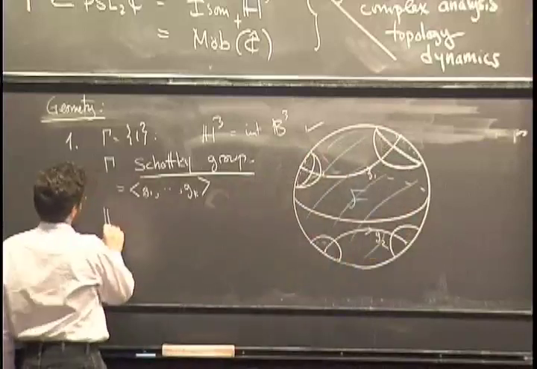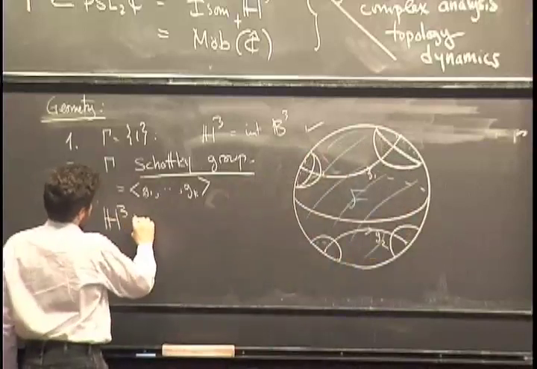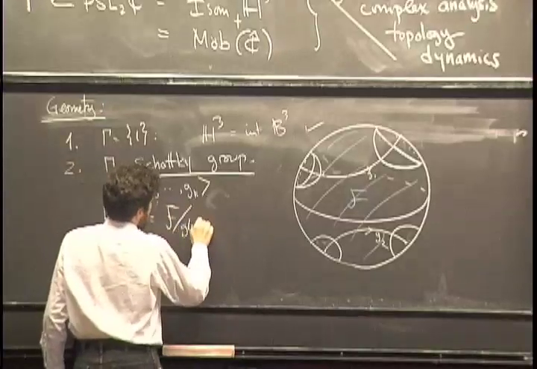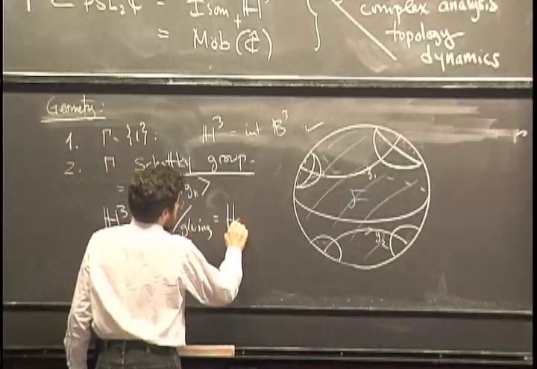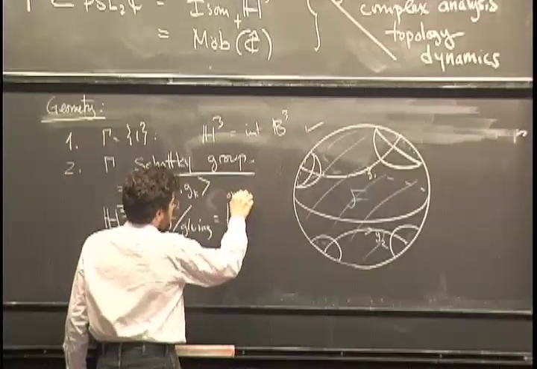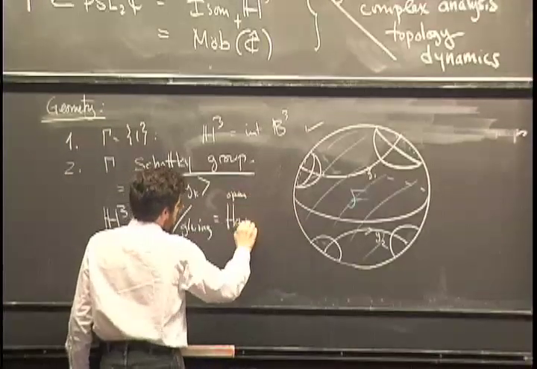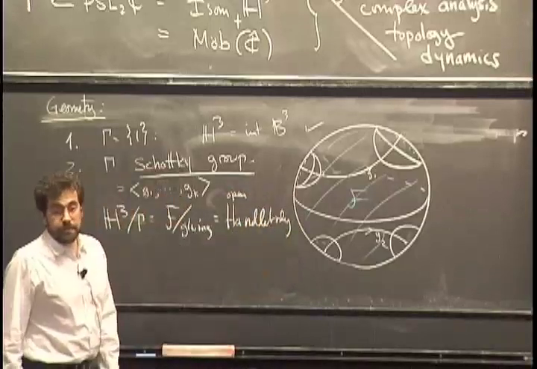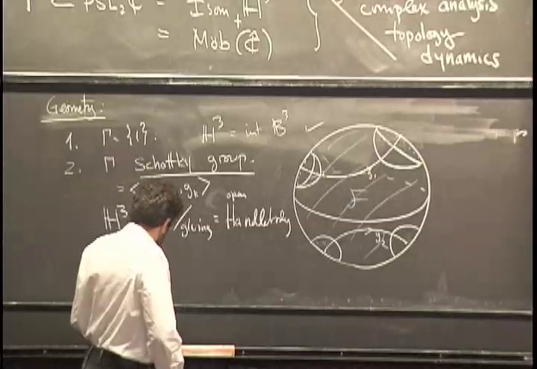So H3 modulo gamma is equal to F modulo the gluing, which is just a handle body. Oh, and this is an open handle body because I haven't included the boundary. But it's the interior of a closed handle body. Okay, so that's the